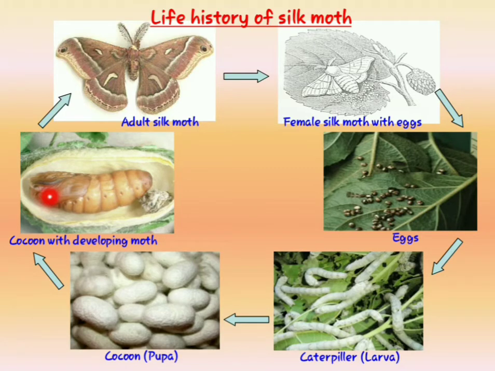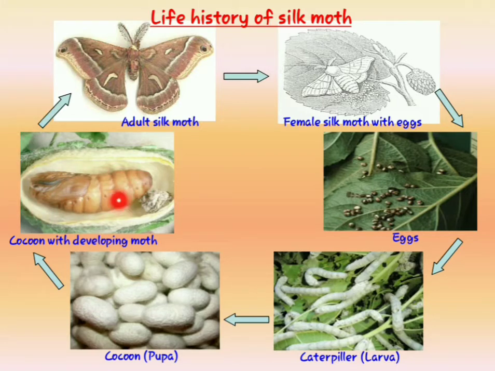It is the stage of rest, and in order to protect this stage, because any animal or any insect or birds can eat this pupa, in order to protect itself, what is happening? It is covering its body with a case called a cocoon. Okay, and later in this cocoon, the pupa will get converted into a moth. It will change. That is called metamorphosis, change. So the pupa gets converted into a moth.